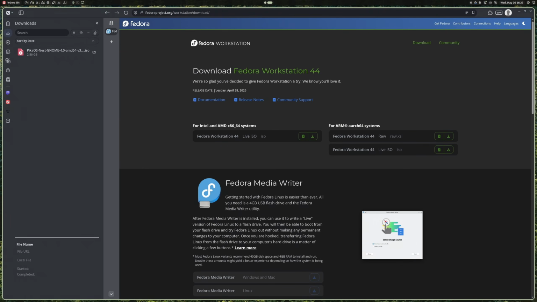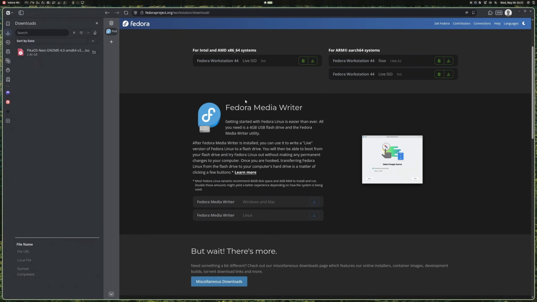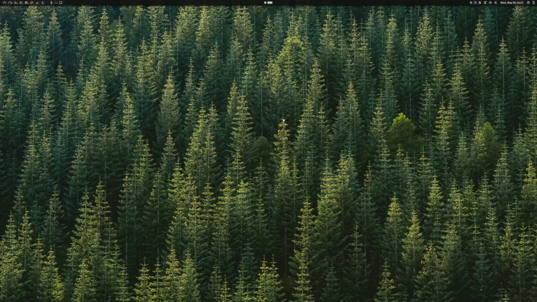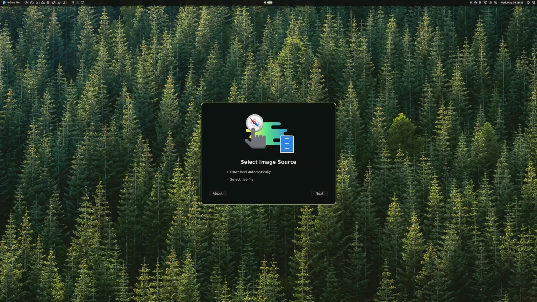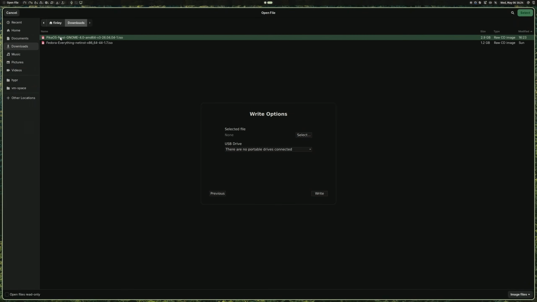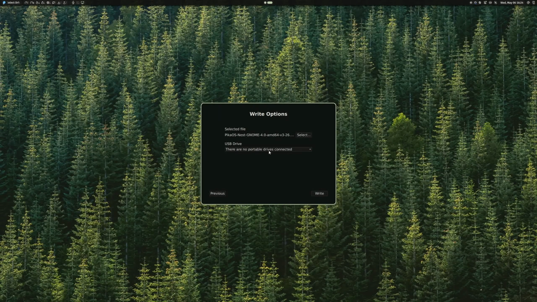So if you make your way to the Fedora Workstation page and then go down, there's Fedora Media Writer, which you can download from Windows or Mac and from Linux as well. So when you install that, then you're going to open it up and you'll be greeted with this page where you will select your ISO file. You're going to choose your PikaOS download and choose the drive you want to write the ISO to